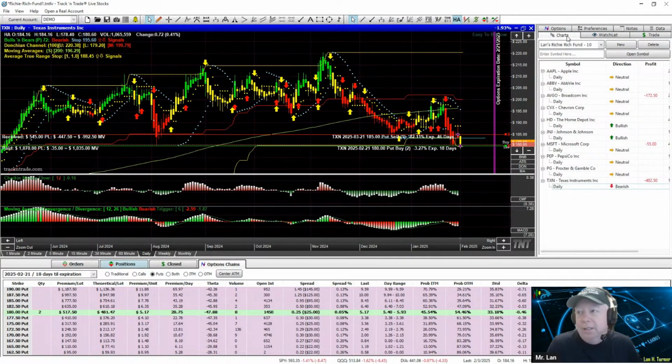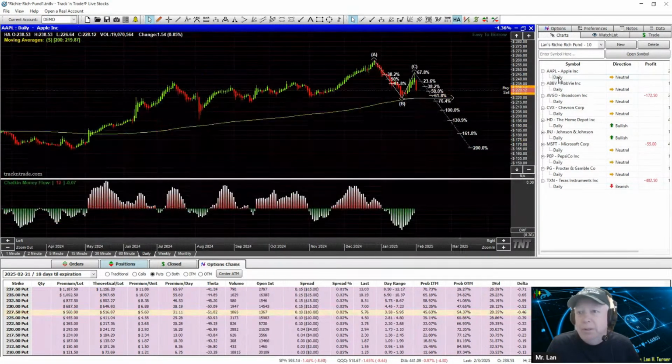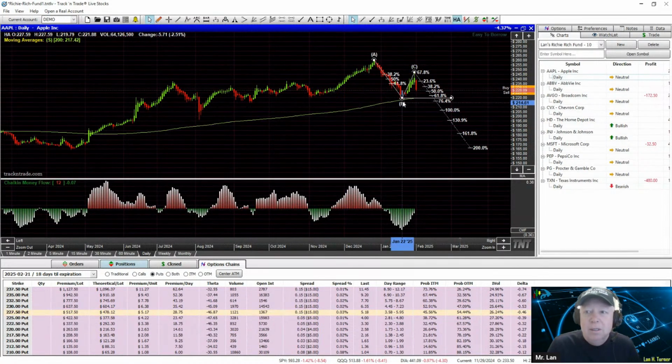All right, let's go. We looked at Apple and we complained about them. Apple's coming down. This is the 200 period moving average. Is it going to come back down and touch that 200 period moving average? Is that where it's going to catch and hold? Look at this big, long, beautiful